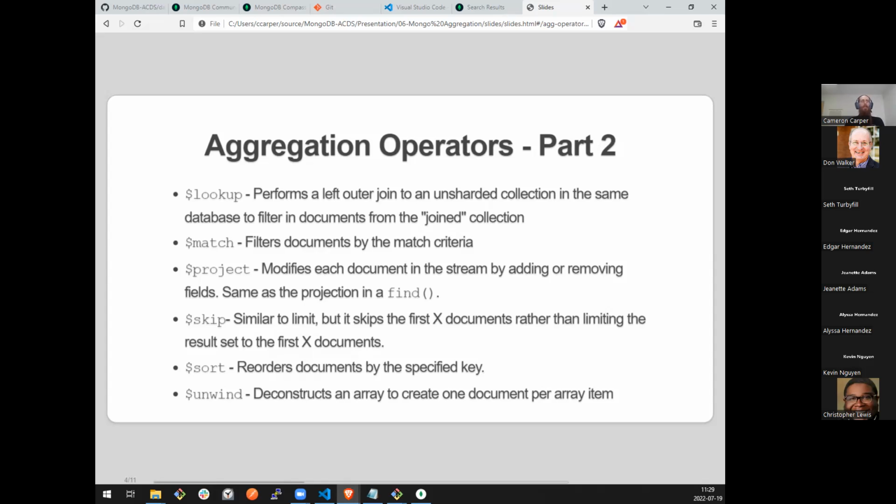Project is very similar to our projection in our find queries, where we said include these fields and exclude these fields. It's exactly the same. Skip tells it to skip the first X documents, the first number of documents. So you might look at skip and limit and think that that is a perfect way to implement pagination, because that's the terminology we typically use.